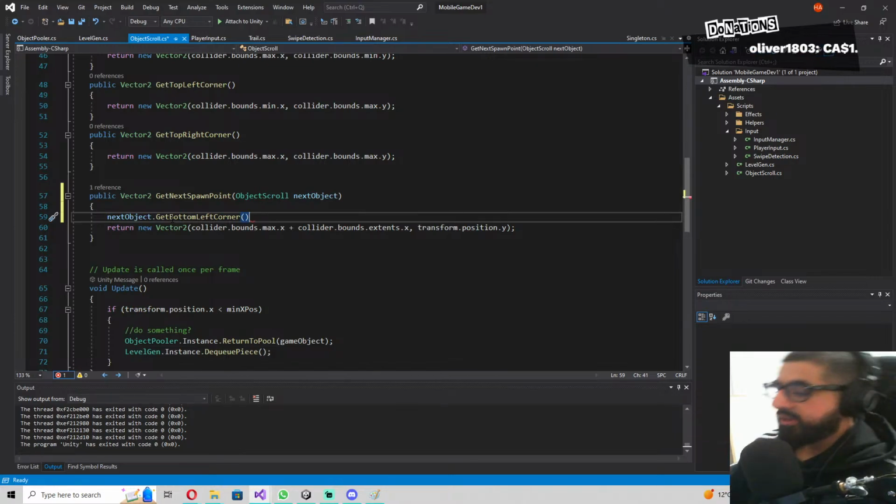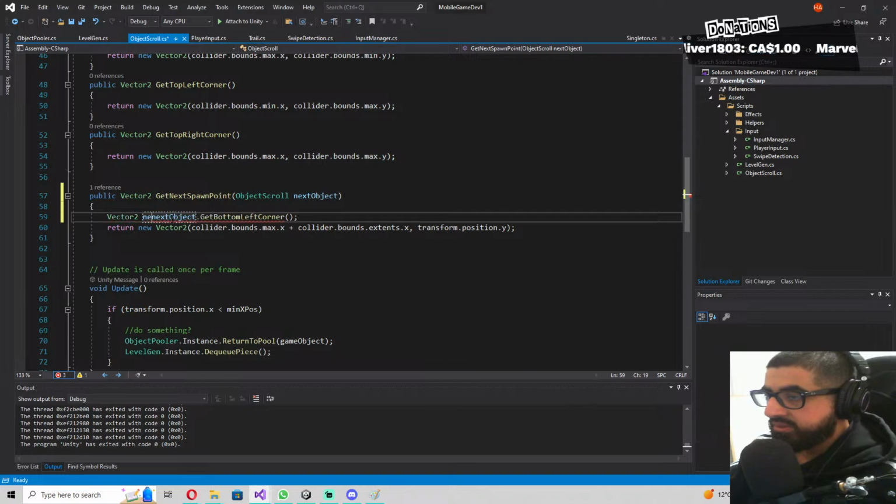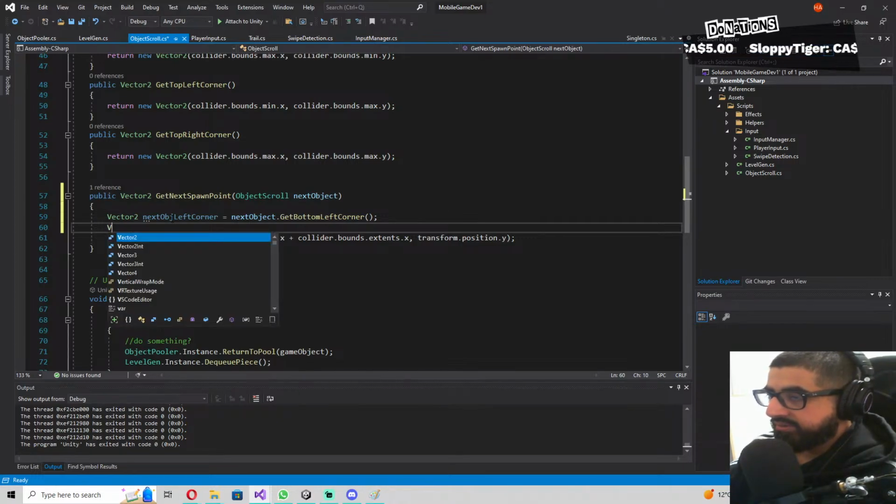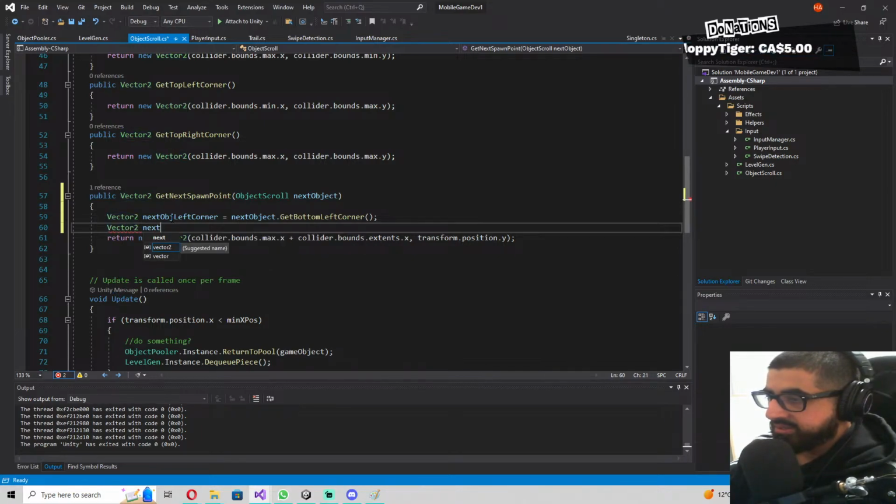So we have our left corner, vector to next obj left corner. So we have the left corner of the next obj. So we're going to go vector to next obj spawn